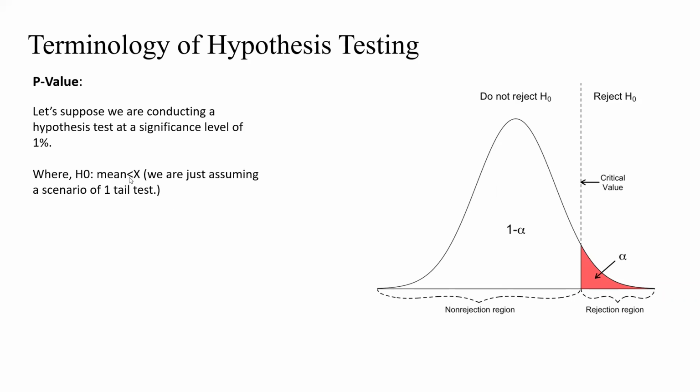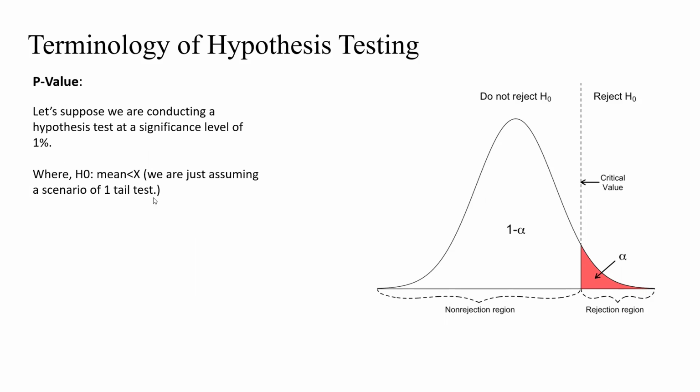And your null hypothesis is something like this: your mean is less than some value x, let it be a variable for the time being. And let's assume we are also looking at a one-tail test, particularly a right-tail test. Now this is the proper setup for your hypothesis testing. This is the question: this is my null hypothesis and I want a level of significance of this much. Can you check if we have to reject the null hypothesis, or if we fail to reject the null hypothesis?